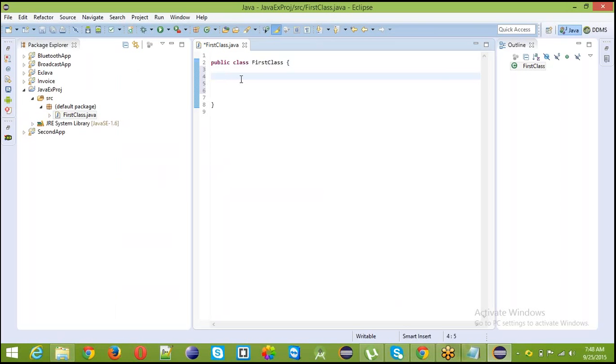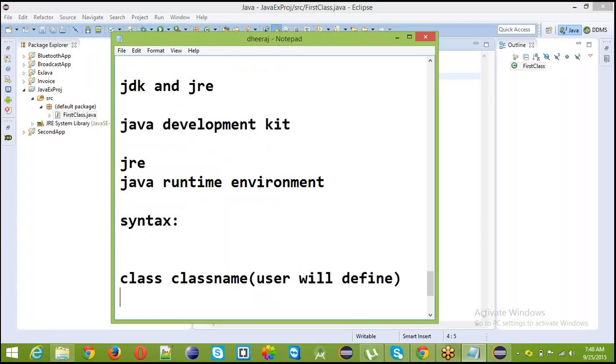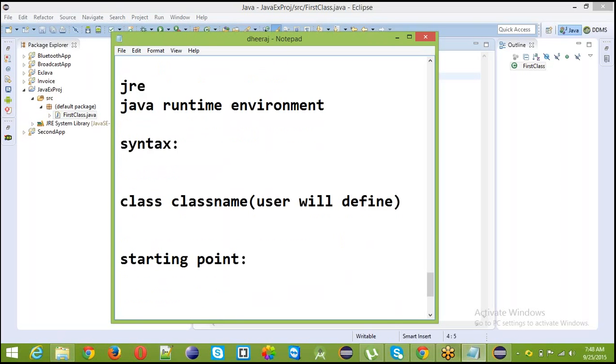In every project, every application, if you take anything, there will be a starting point, and from there the code will start. In Java, the starting point is nothing but the main method.